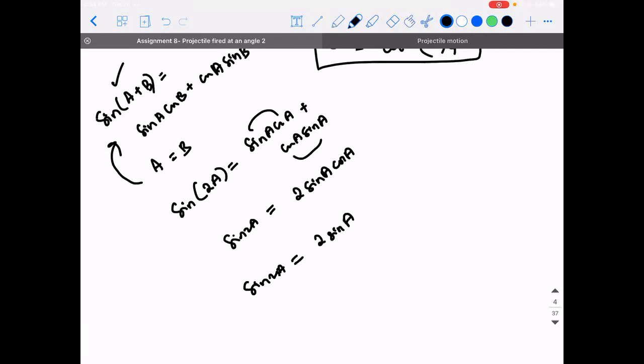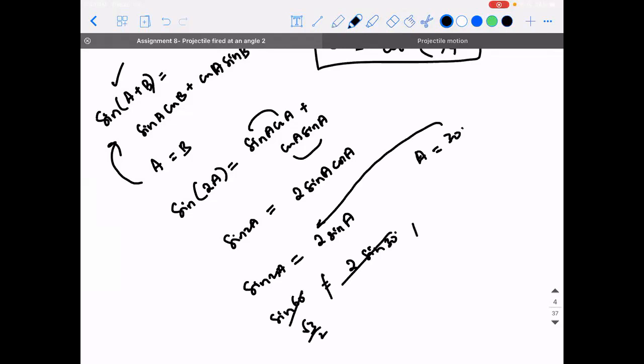No, they are not, because for example, you can take A equal to 60 degrees. Okay, I'll take 30 for simplicity. If I substitute it in both sides, I'll get sin 60, and the right hand side will be 2 sin 30. This side is root 3 by 2, this side is 1. Obviously, they are not the same. Okay, so sin 2 theta is 2 sin theta cos theta. That is the main thing. Okay, so moving on to the next.